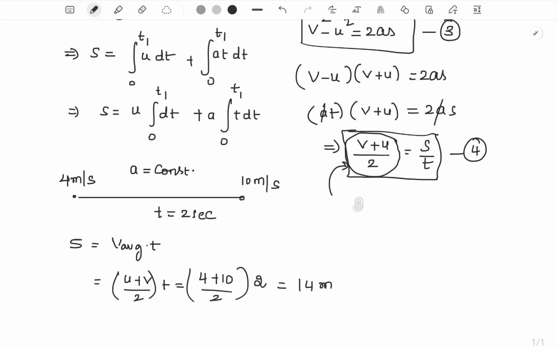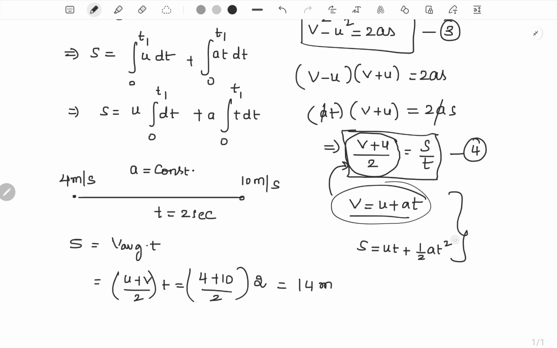If we don't know, first we have to find acceleration. How do we need to find acceleration? By using v is equal to u plus at. Once we calculate acceleration, then we can use the relation s is equal to ut plus half at square. So basically here we have to make two calculations to find displacement. But if you knew the relation for average velocity, you only need to make one calculation in order to get